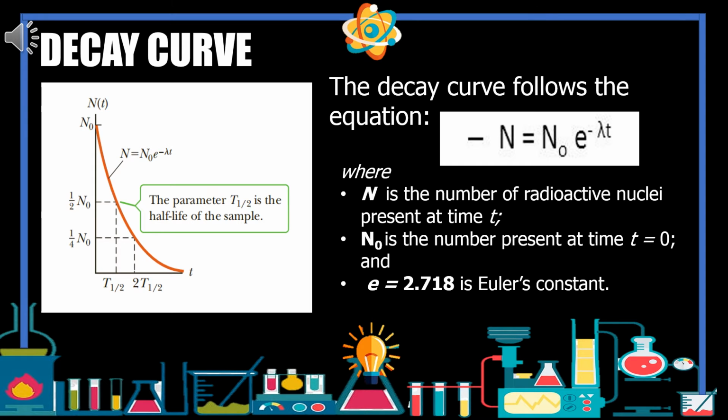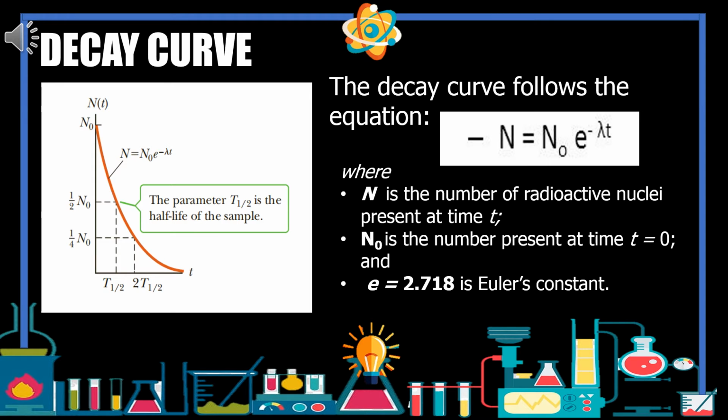A general decay curve for a radioactive sample is shown in the figure. So this is the plot of the exponential decay law for radioactive nuclei. The vertical axis represents the number of radioactive nuclei present at any time t, and the horizontal axis is time. It can be shown from the figure that the number of nuclei present varies with time